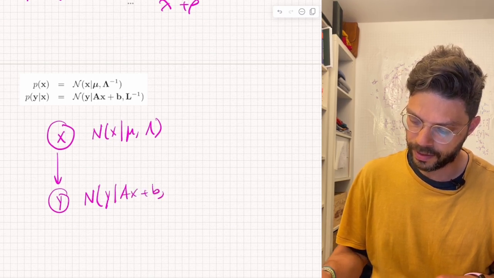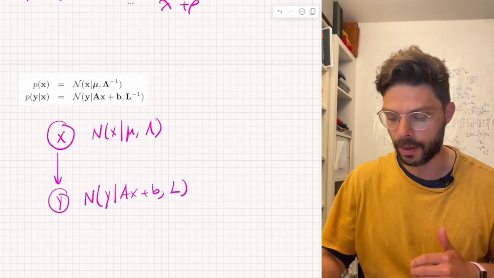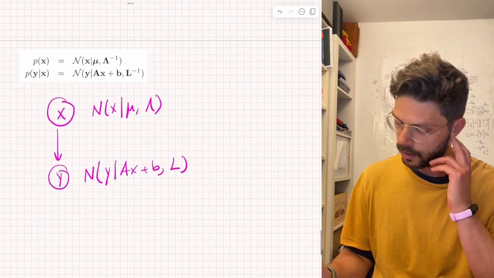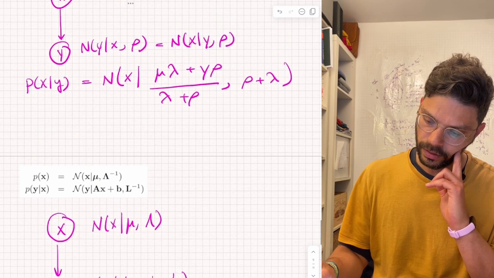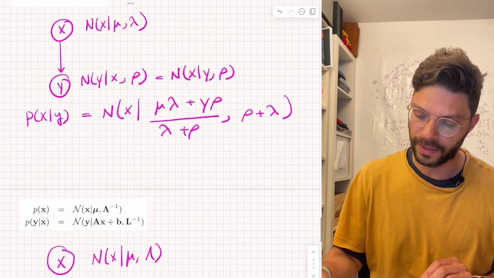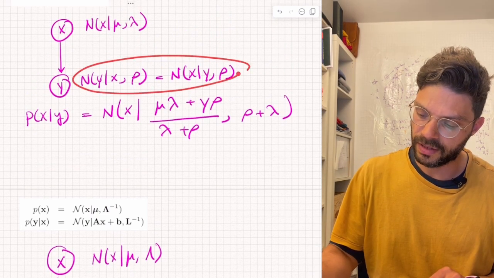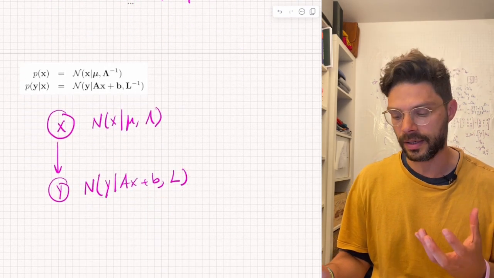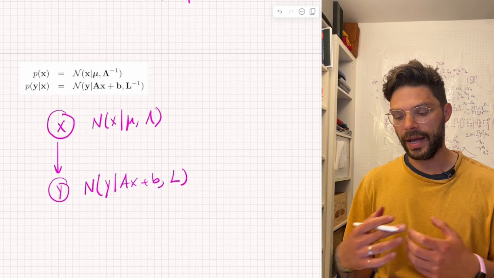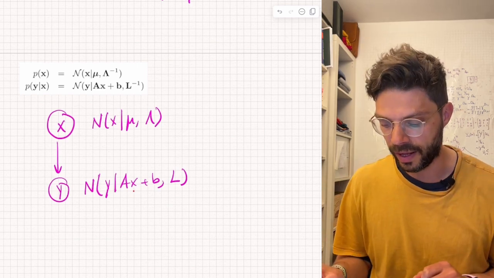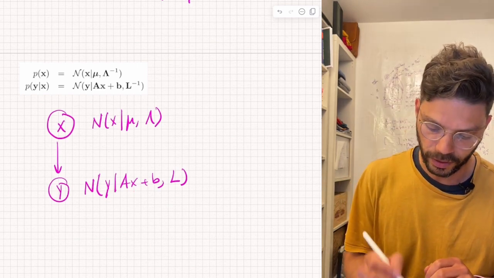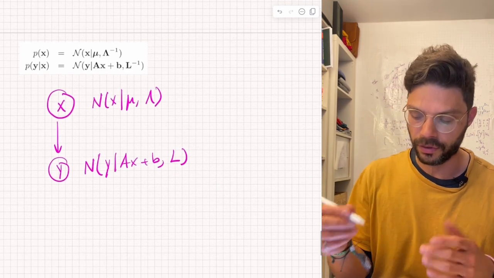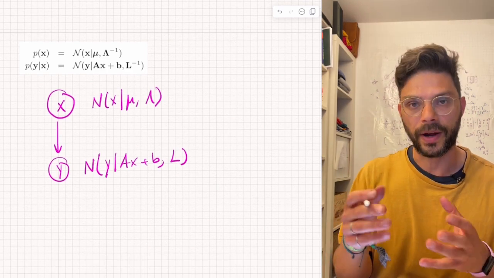Plus b, and it has some precision L. So notice I'm using precisions, not covariances. Okay, so to be able to apply this stuff, I need to actually write this as an expression as a Gaussian relative to x, not of y. So all I'm going to do is again use the quadratic form that shows